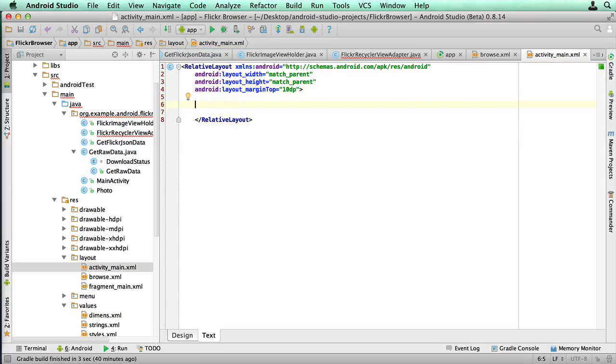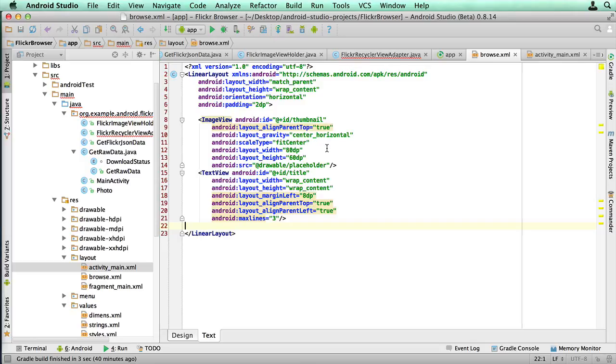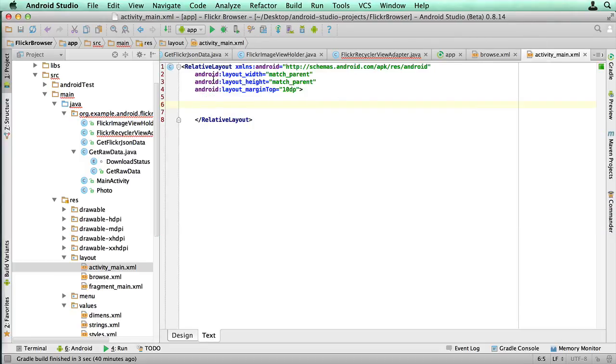And what we're adding here, of course, is the recycler view itself, because if you remember, going back to browse.xml, looking at that, we haven't added a recycler view yet. This is what is going to effectively be in the recycler view, the image view and the text view, but we haven't actually added the recycler view, and that's what this activity main XML is going to store, that recycler view. So what we need to do now is put